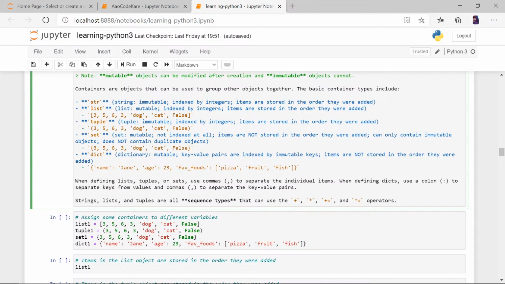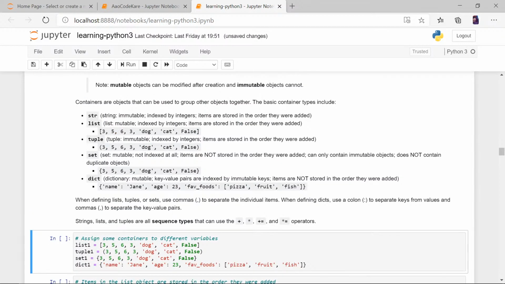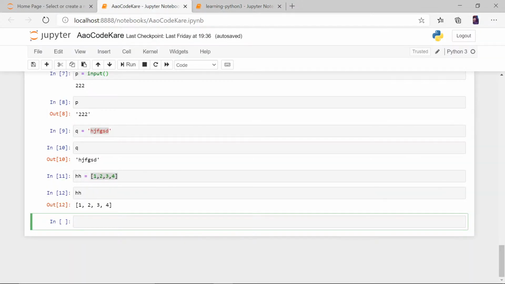Okay, so let's understand what mutable and immutable is. Mutable means, like this list hh, if I do hh plus equal to one more list, let's do 5, 6, 7, 8.